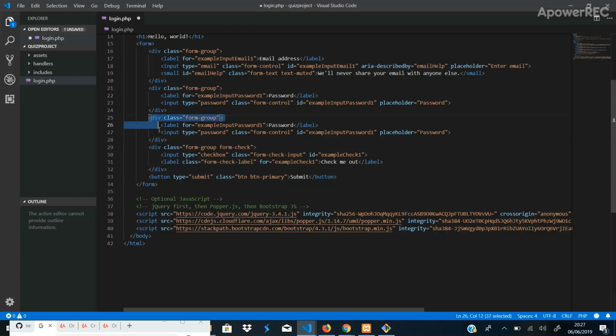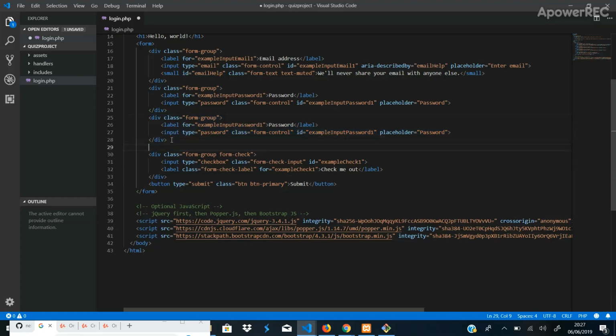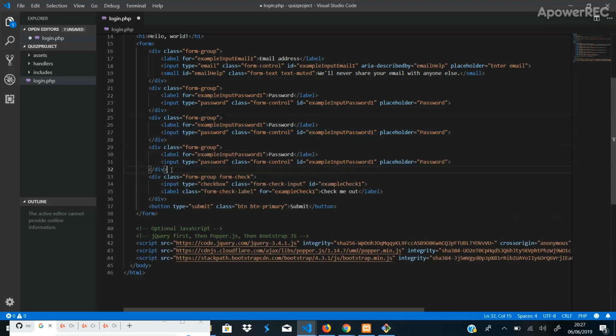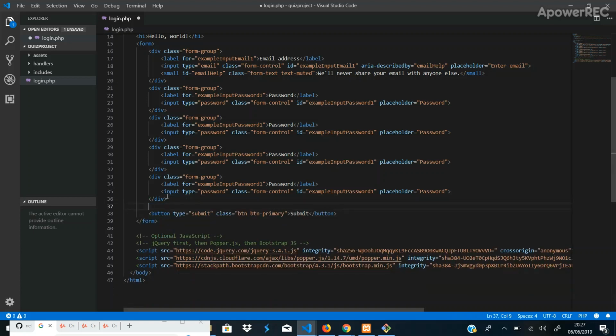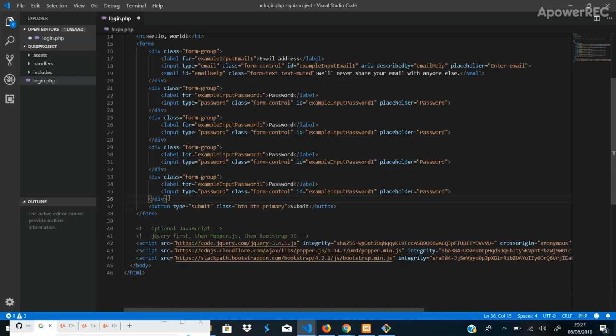So I could duplicate this again and paste for name, and another one for surname, and then of course there's a submit button as well, and I don't think we need this one, that's not needed, so I'm going to take this out. And also form, so